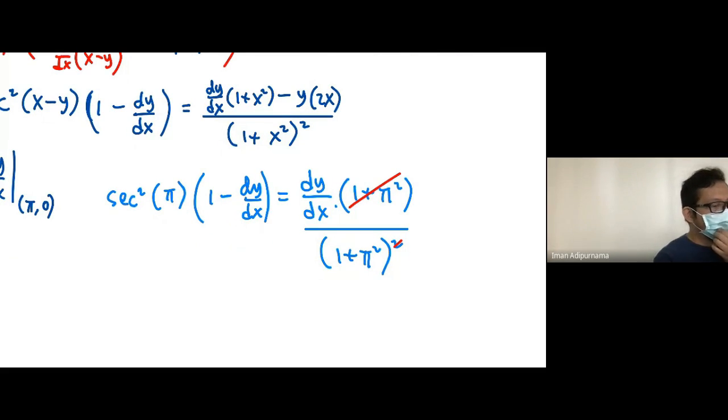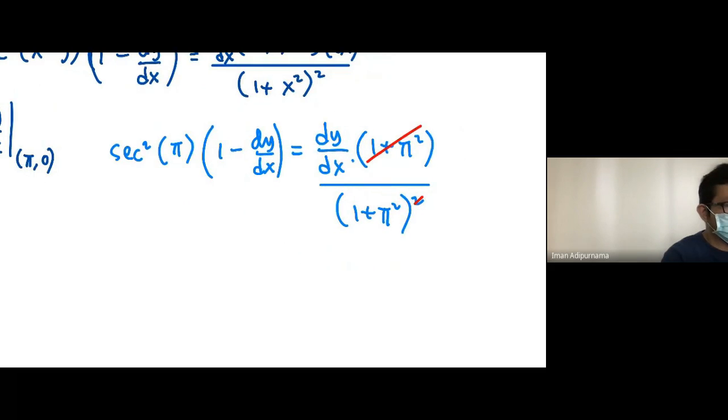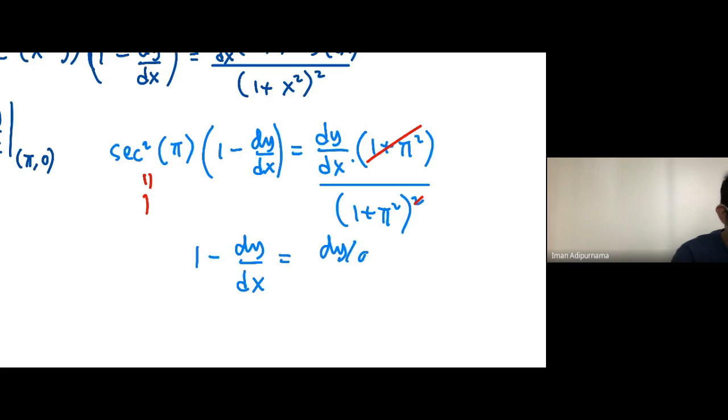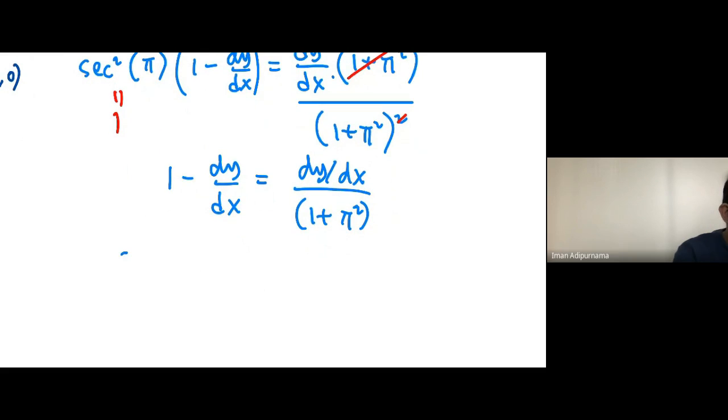And secant squared pi is 1, because negative 1 squared is 1. So this is equal to 1. So 1 minus dy dx is dy dx over,